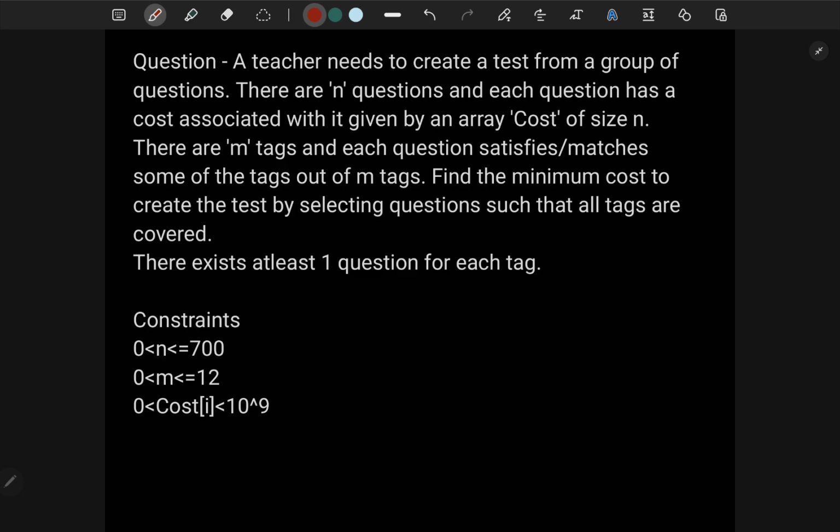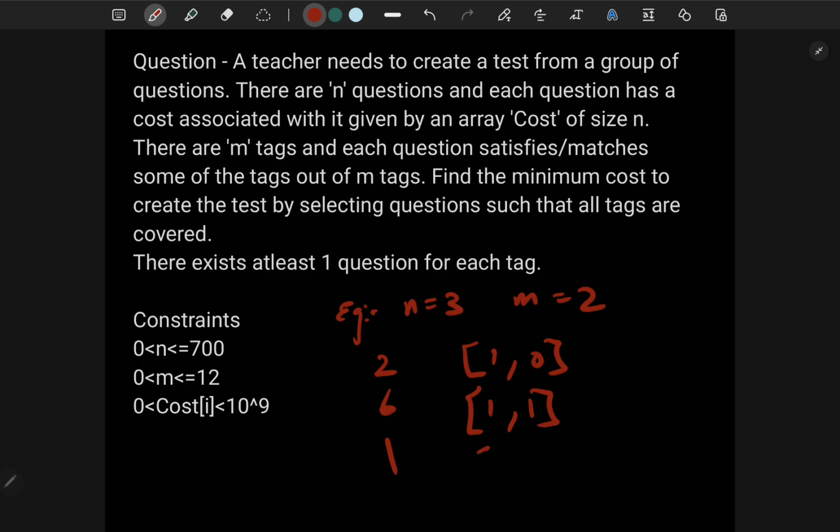So I'll give an example. Let's assume there are 3 questions and 2 tags, and the costs of these questions are 2, 6, 1. Correspondingly, the first question covers which tags? That is given by 1, 0. The second question covers both tags, and the third question covers